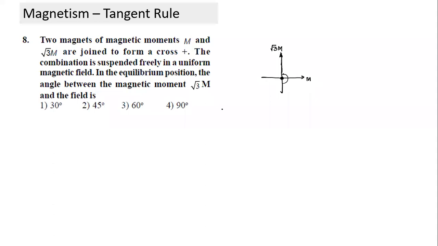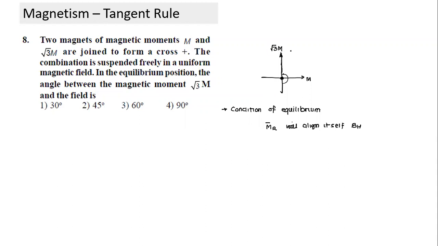How do we apply the condition of equilibrium? What will be the condition of equilibrium here? It's a rotation question. In case of equilibrium, the resultant M, earlier there used to be only one dipole, now there are two of them, so the resultant M will align itself with BH. Does it make sense? So not M, but the resultant M, aligns itself.